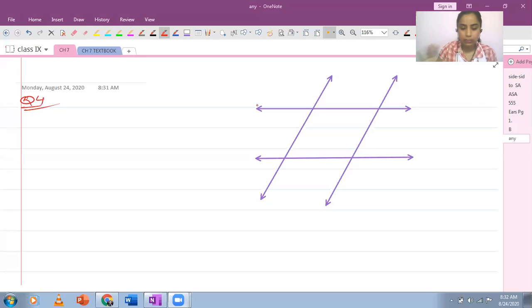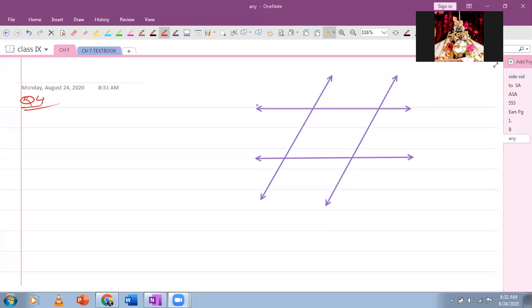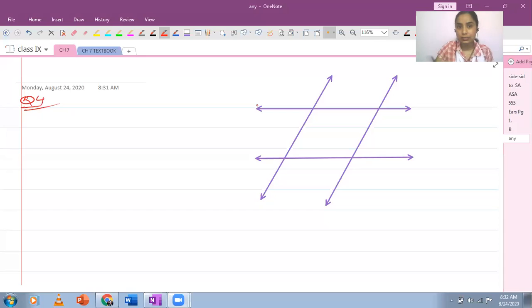Because as of now, you only know that when a parallelogram is formed, opposite sides are parallel, right? The second thing you know about it is that in a parallelogram opposite sides are equal, and that is something you want to use here. But right now you have not learned how opposite sides are equal in a parallelogram. That's what you will learn in the next chapter. Right now, we are just focusing on complete proof of everything. We cannot just use a result which you've learned earlier.